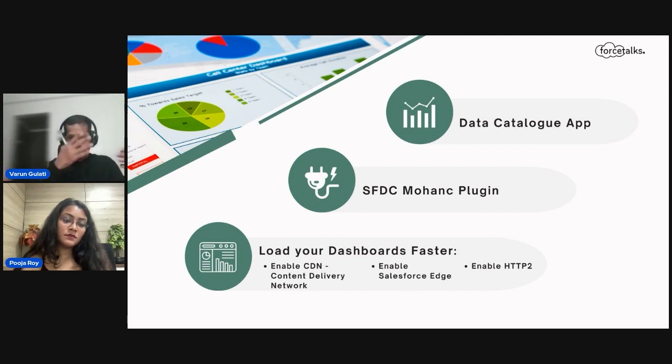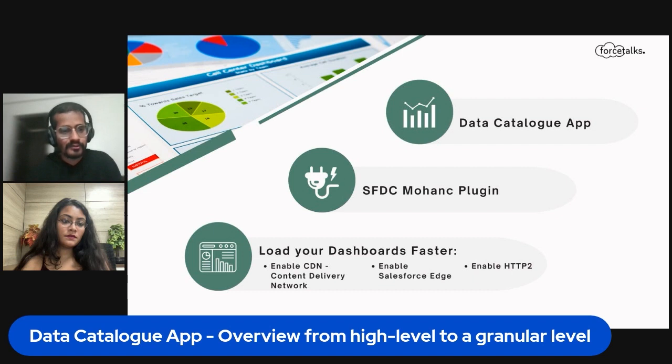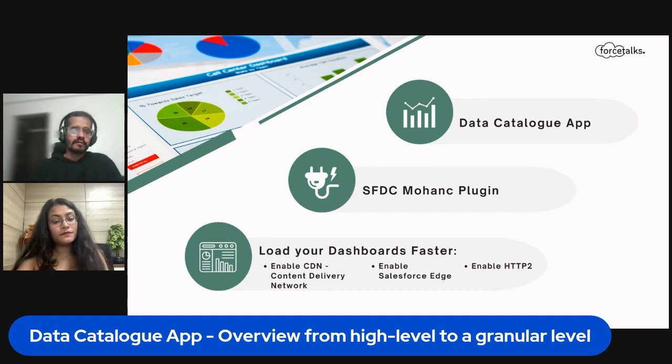The entire lineage flow you are able to establish, like how apps are related to dashboards, how dashboards are related to data sets. A data set may be related to a recipe, which may be related to a data set, and that's a recursive flow till we reach a field object. So data catalog, please check it out. It's definitely going to help someone who's struggling with establishing the relationships. That is one thing.